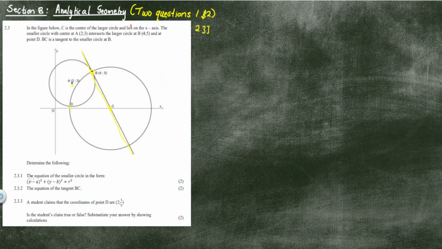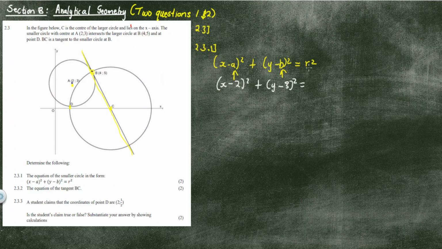2.3.1. What is the equation of the smaller circle in the form? So we have to find the equation. Okay, that's easy. On this equation, x minus a squared plus y minus b squared is equal to r squared. So we know that a and b are the coordinates of the center. So we substitute: x minus 2 squared plus y minus 3 squared